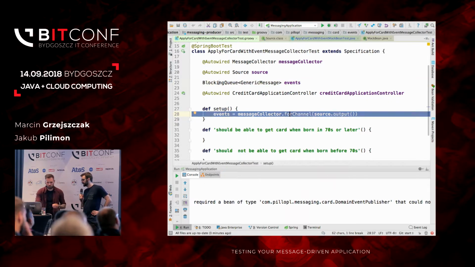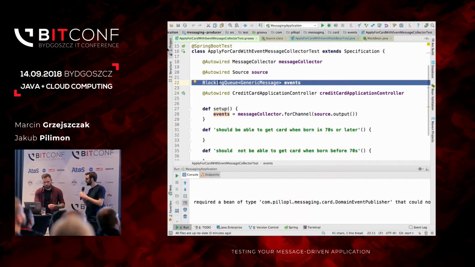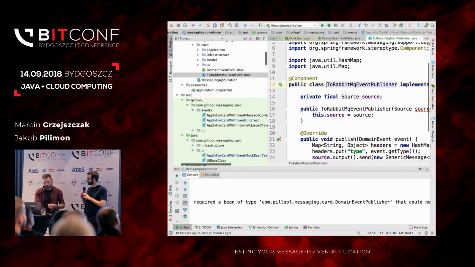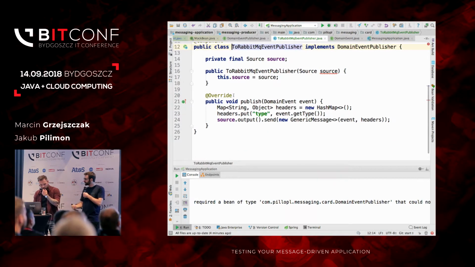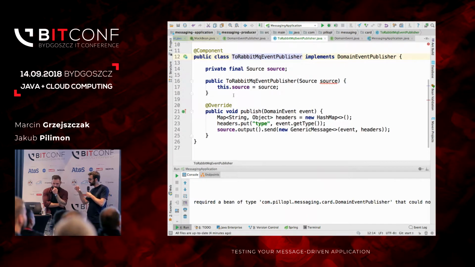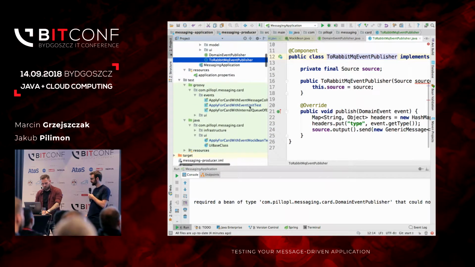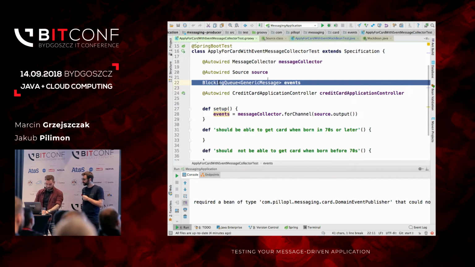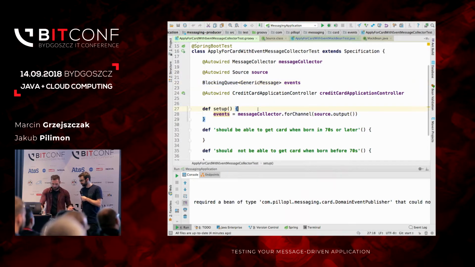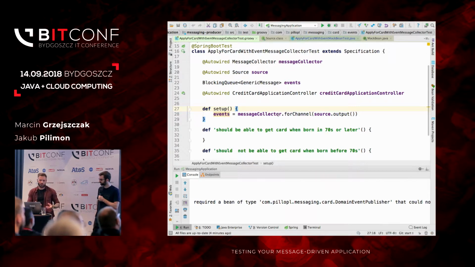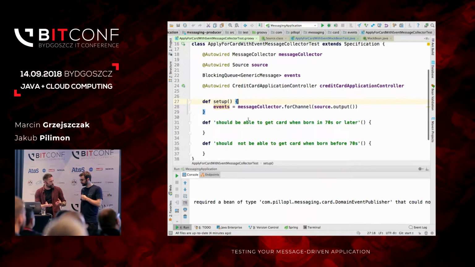Yeah, and actually, we're going to execute the very same production code as we would on production, right? The only thing that we changed is we told the Spring context, dump the messages to the queue. It's pretty neat. I'm going to use that. So we injected the definition of channels. We create the queue. We say to our message collector, which is this testing tool, hey, gather all the messages that I would send to Rabbit in production. For testing, we will just store them in our blocking queue so that I can run assertions on my events.